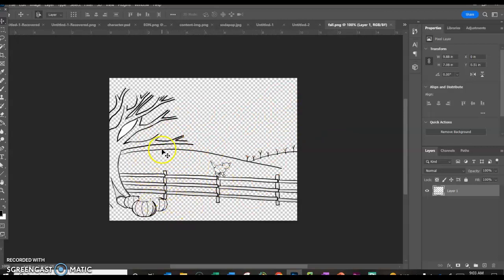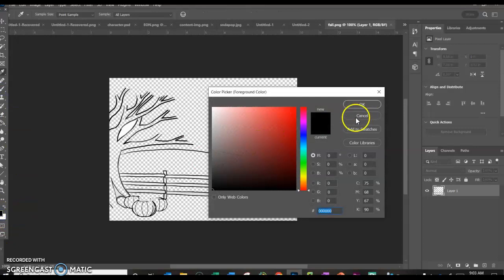Basically what we're going to do is finish this off with color so that we can then add our headstone, and we're going to make smoky text and such. So the easiest thing to do at this point is to go over to our paintbrush. I'm going to make it a green color,